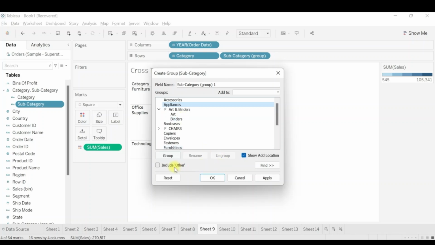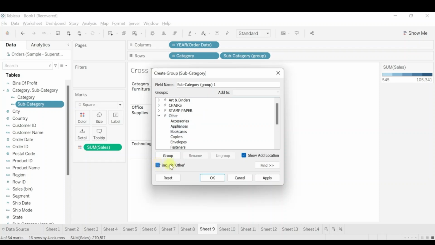Now if I need to show the data with whatever groups are created, for example, I have art and binders, I have chairs, I have stamp paper. You can see a small pin like icon. This is showing that we have these groups pre-created. So once I need all the pre-created groups to be available, and all other values should be flowing in others, I can click on include others.